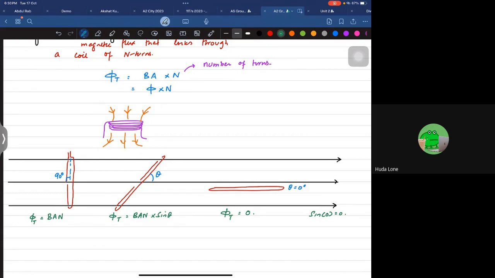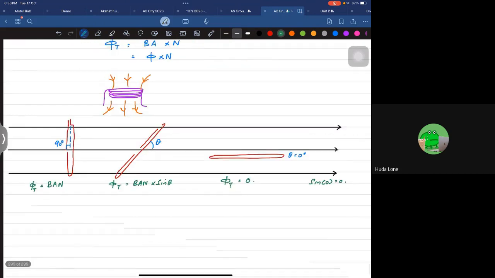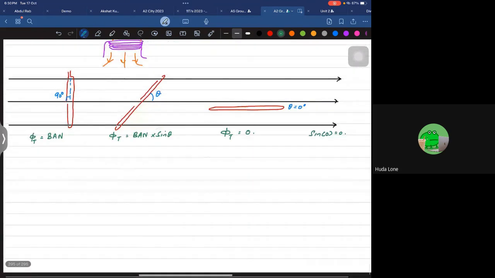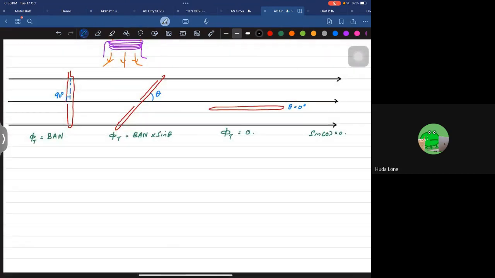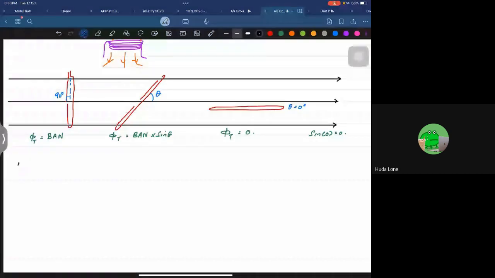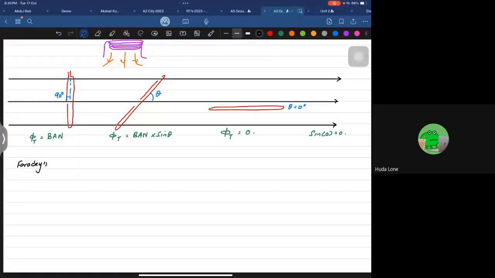Now, what you guys need to remember, it's very important, is that this whole chapter depends on two different laws. These laws basically govern everything that we're going to do ahead. The first law is called Faraday's law of